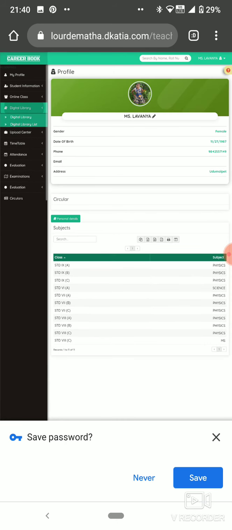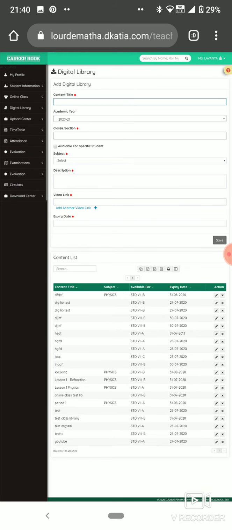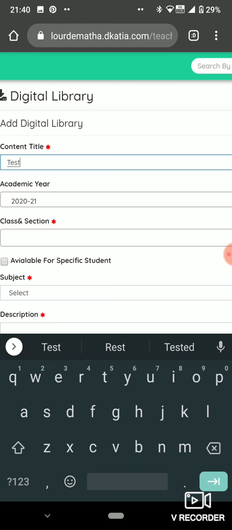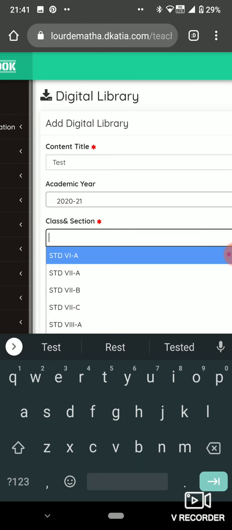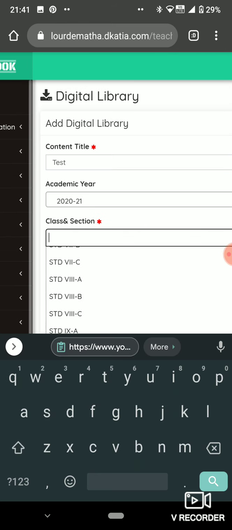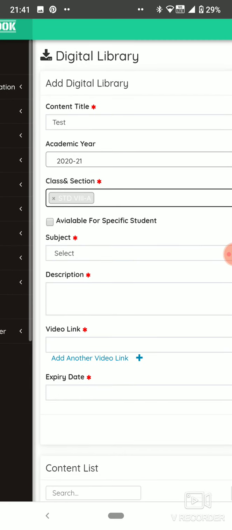Now click onto the digital library. Test. Select a class. Select a subject.